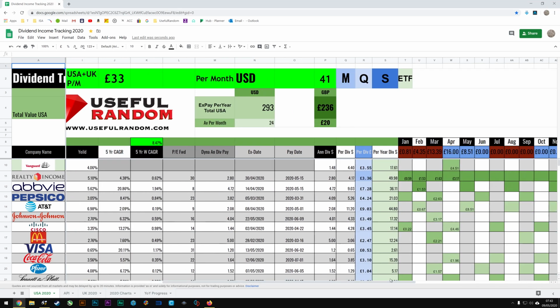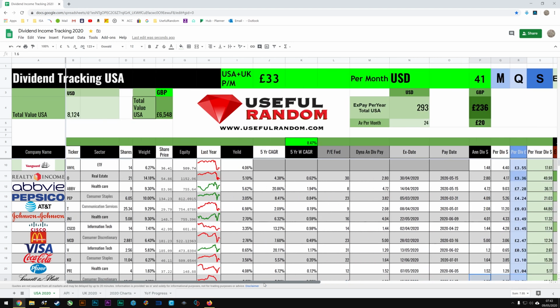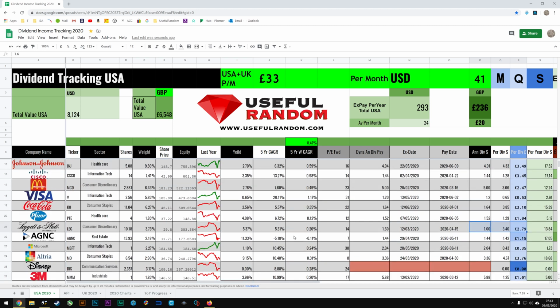Today I thought we would take a look at my dividend tracking spreadsheet in a bit more detail. It helps me track my month-on-month dividend payments, and it also shows my total portfolio across all of my accounts